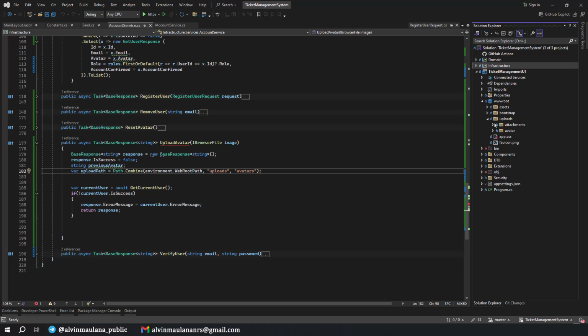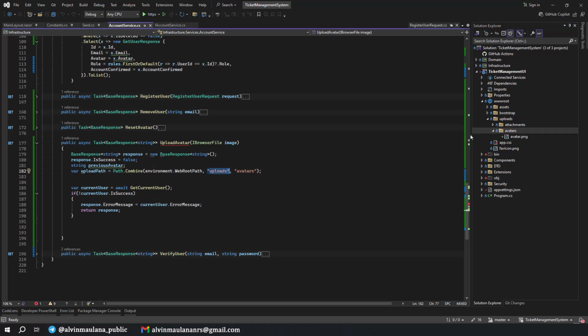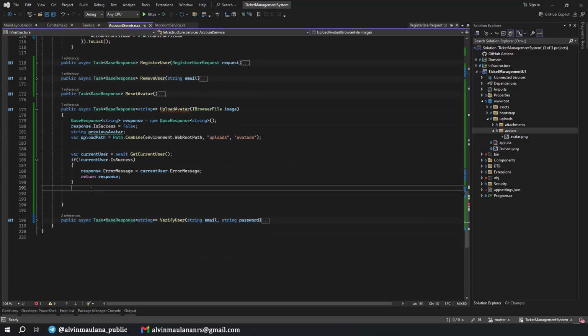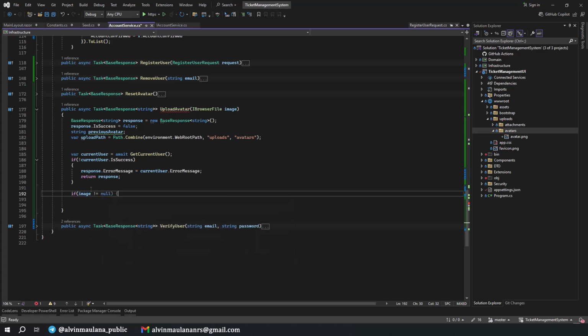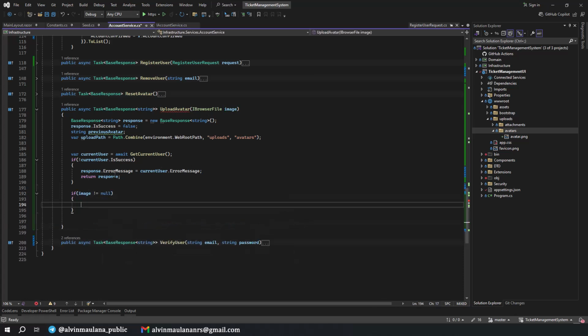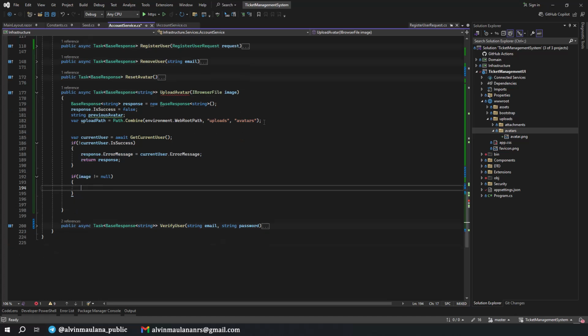So currently, let's minimize it and open it again. Our avatar is on this one, avatar, and we need to change this folder to avatars instead, because we will have multiple avatars in here. And let me verify again, uploads, verify. Okay, correct. And then what we do here, if the image is not null, we upload the image in here.